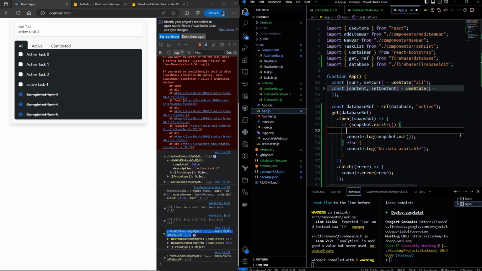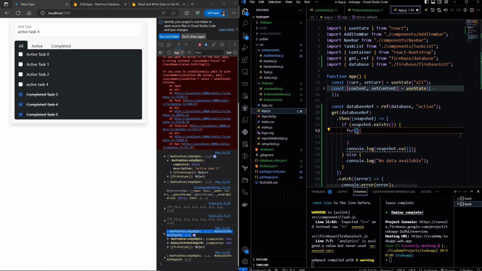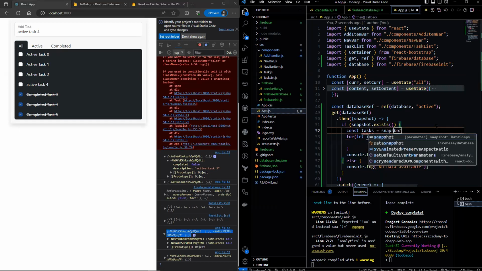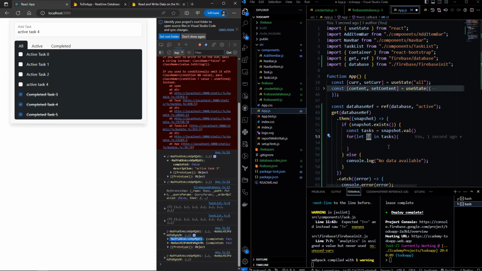So let's iterate through this with the key. This ID would basically be this.